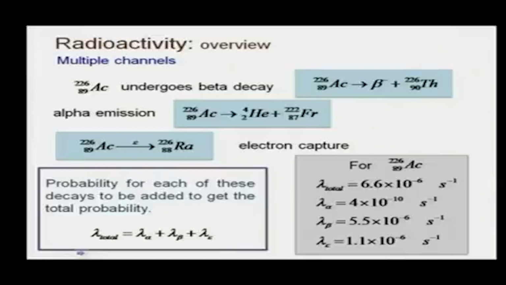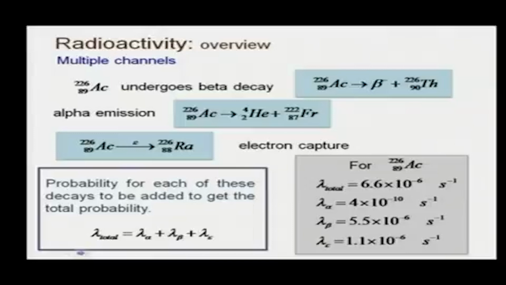Beta decay probability is about 5.5 times 10 to the power minus 6, which means out of these, 6.6 decay in 1 second from a sample of 1 million actinium. 5.5 of this is basically beta decay and 1.1 decays through electron capture, or in 2 seconds, 2 of these will decay through electron capture, 11 of this will decay through